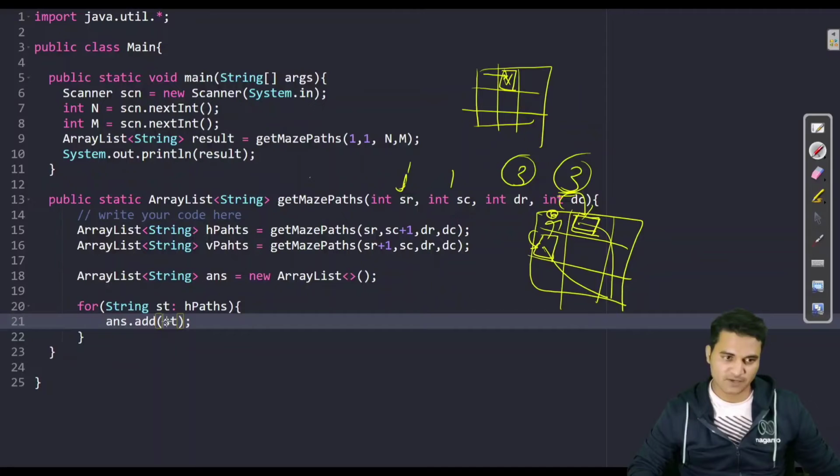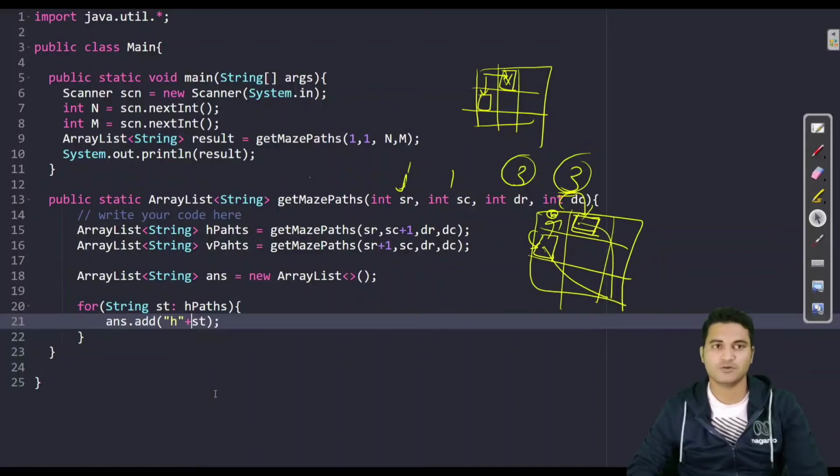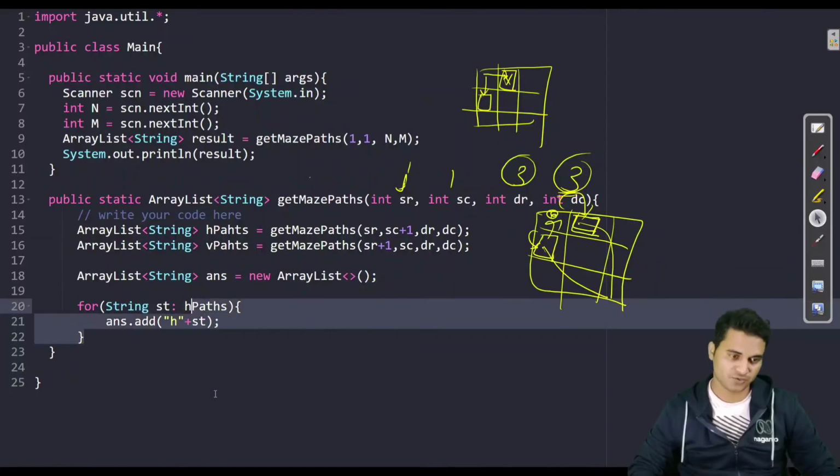So I will have to add 1 step horizontal before this. Similarly, if I am on this box, how will I be reaching this box? Of course by taking 1 step vertically. So I will do the same. I will append before it h, or whatever you want to append. I have chosen h, so I am taking h.